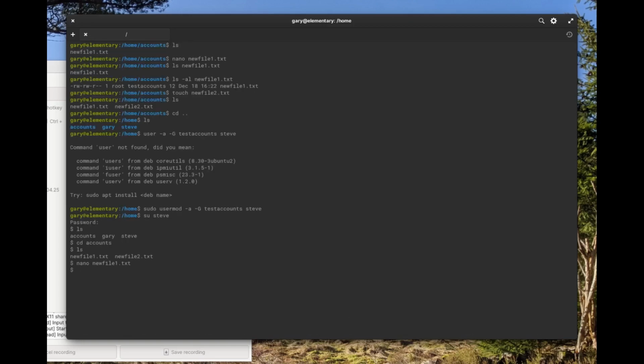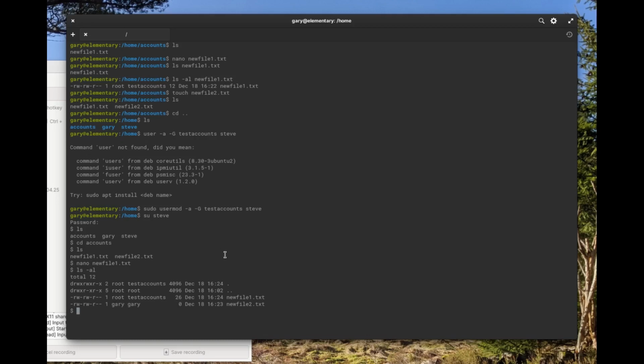So the importance of that is if you've got a group of people, maybe accounts department, you want them to save all their files in a folder called accounts, you can create a folder called accounts, you can add a user group, and you can add all the users into that group and then give that group permissions to that folder. Now, there's one more thing I want to do here,